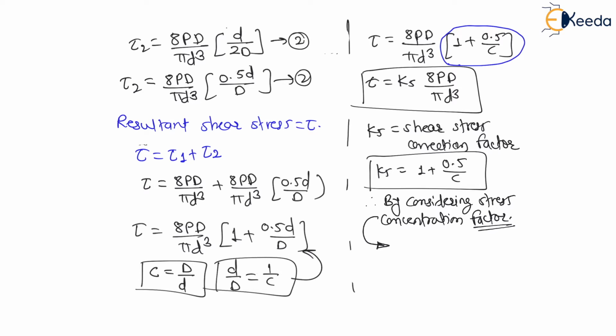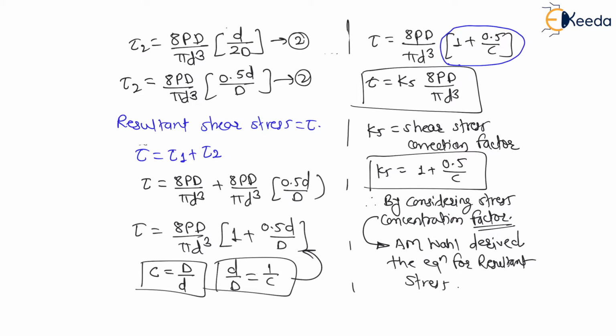A.M. Wahl derived the equation for resultant stress. By considering these as well as the effect of direct and torsional stress, the scientist A.M. Wahl, spelled W-A-H-L, derived the equation for resultant stress. Therefore, my dear students, if a question is asked which factors A.M. Wahl has considered, then your answer is: Wahl has considered the effect of torsional shear stress as well as direct shear stress, as well as the effect of stress concentration due to the curvature effect.